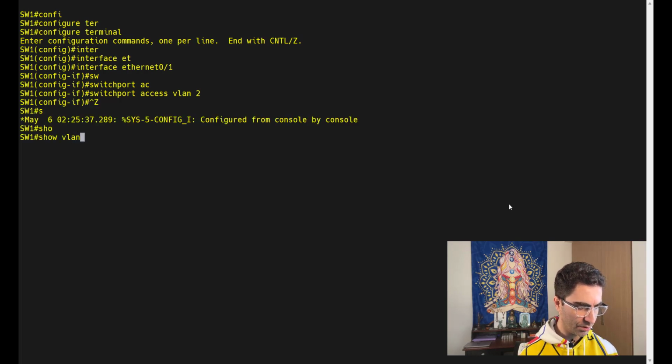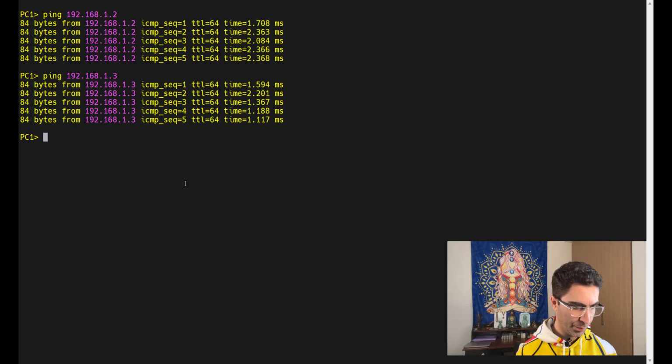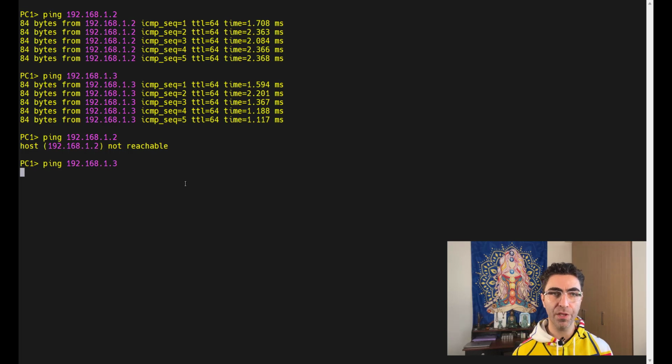Switchport access vlan and the VLAN ID you want to assign this interface to. If I run show vlan brief once again, you can see that Ethernet 0/1 is removed from VLAN 1 and is assigned to VLAN 2. Now if I go to PC1, I'm expecting not to be able to ping 1.2 or 1.3. Why? Because now PC1 is in a different VLAN from these two computers,